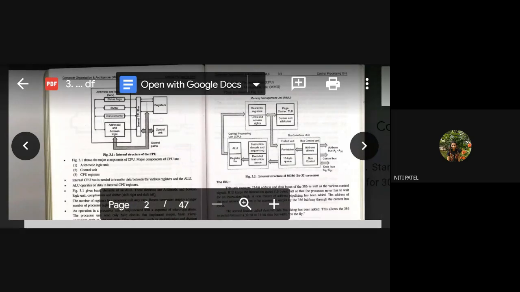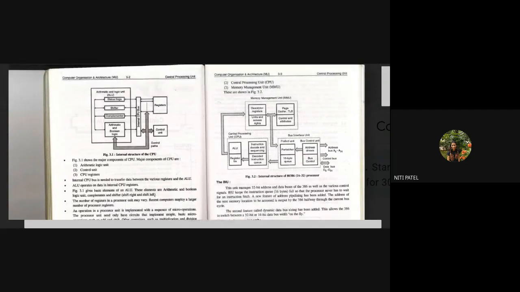Then can you see that 16 byte queue? What is that 16 byte queue? All the instructions of the program will be stored in that 16 byte queue. Now, to whom will this 16 byte queue give the instructions? It will be given to the decoded instruction queue. Can you see that arrow connected to the central processing unit? Yes or no?